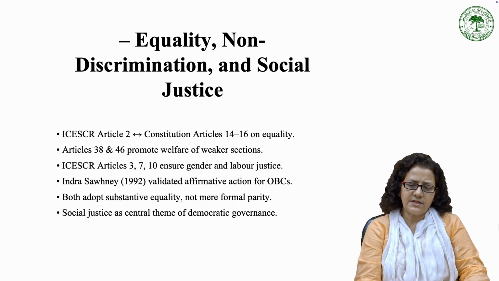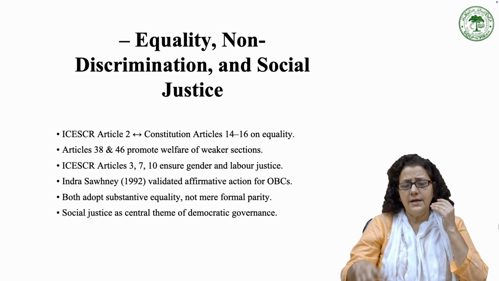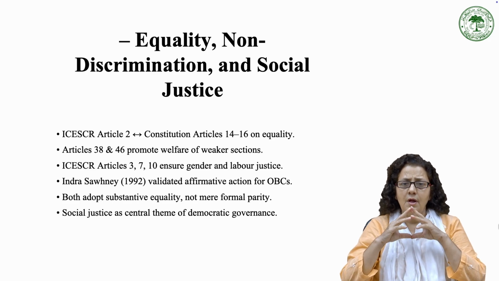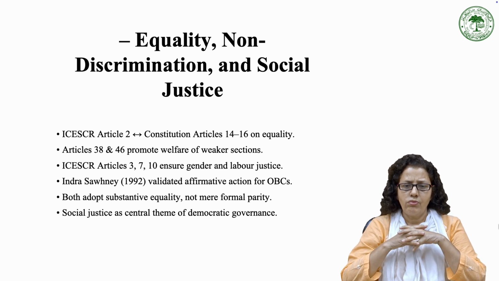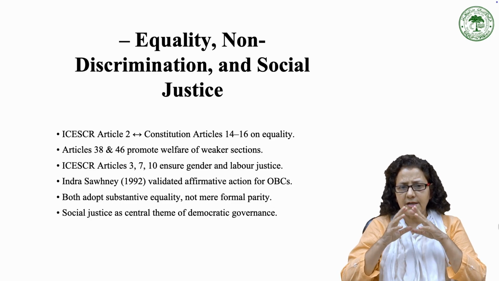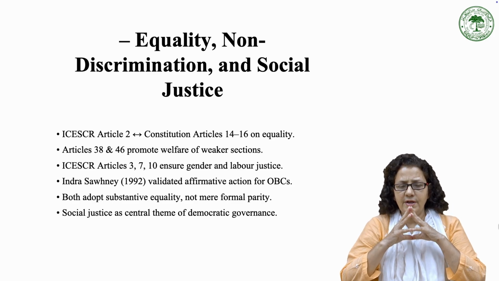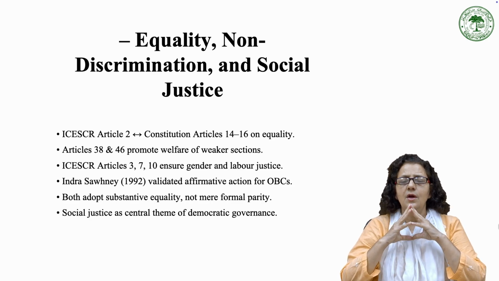Equality, non-discrimination, and social justice. Both the Covenant and the Indian Constitution rest upon the principle of equality. Article 2 of the Covenant and Articles 14 to 16 of the Indian Constitution prohibit discrimination on grounds such as race, sex, religion, and origin. Articles 38 and 46 of the Constitution go further by directing the state to reduce inequalities and promote the welfare of weaker sections. These align with Articles 3, 7, and 10 of the Covenant, which ensure gender equality, fair wages,